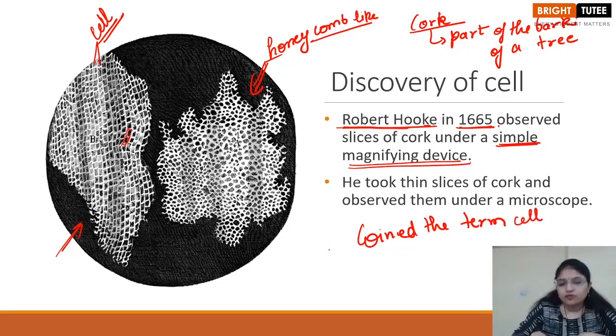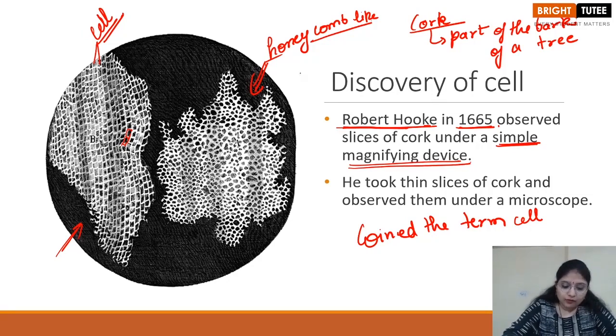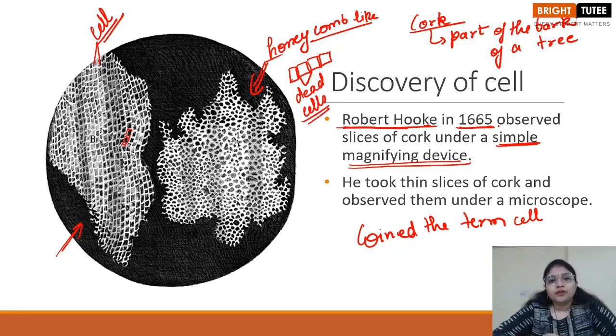Because the structure that he saw in this particular cork was a honeycomb-like structure, where he was able to see that the boxes, or the cells, were separated from each other with walls, right? Apart from that, he observed that these cells were actually dead cells, right? And because of this discovery,